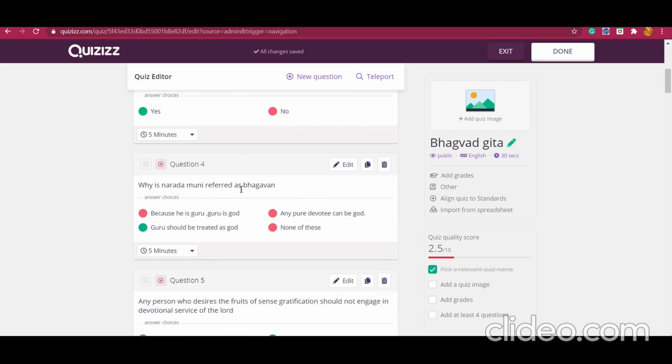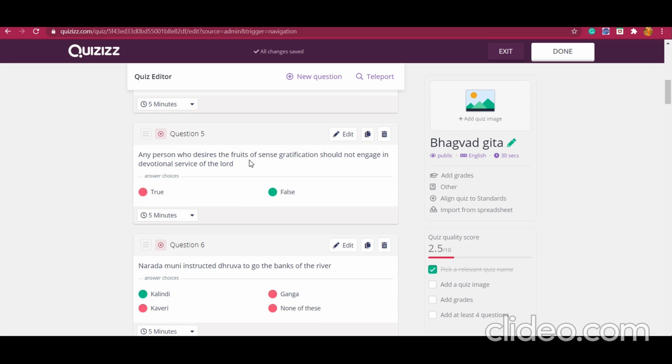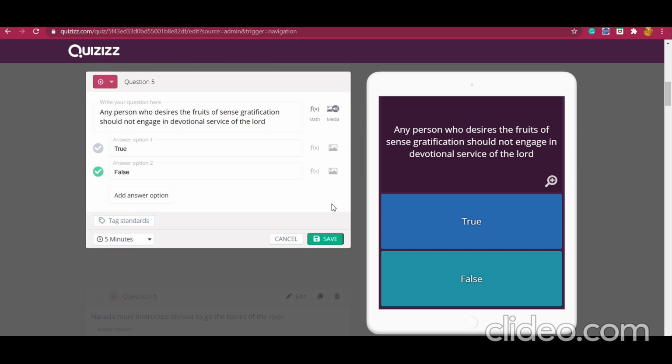Now, let us say if you want to edit the question, then there is an option here called edit. Click on it, and after clicking, it will open. If you see here, it is actually showing the view of the quiz. After everything is over and you open the quiz, it looks like this. On the right side of the screen, it is showing like this, and on the left side, it contains the question.